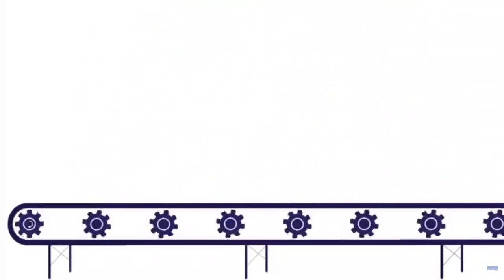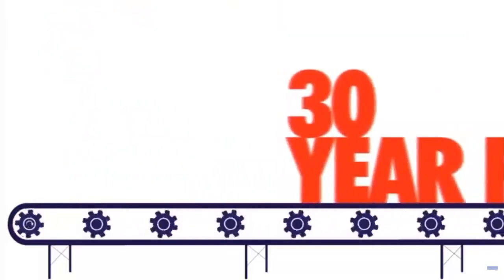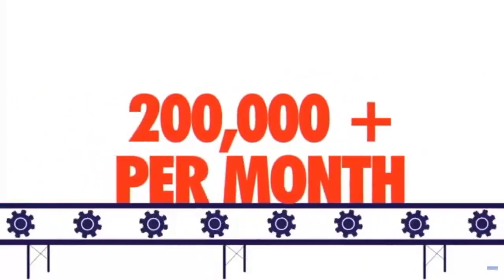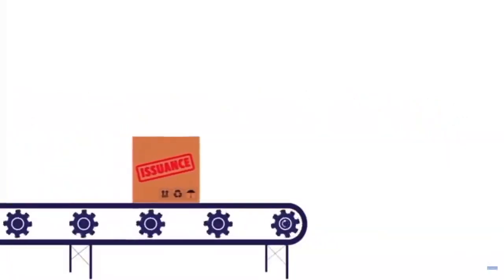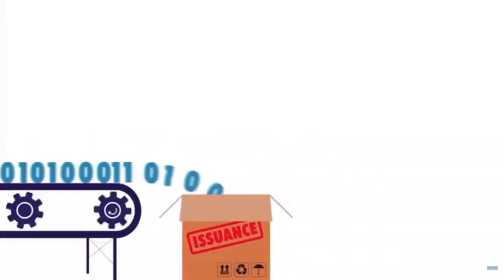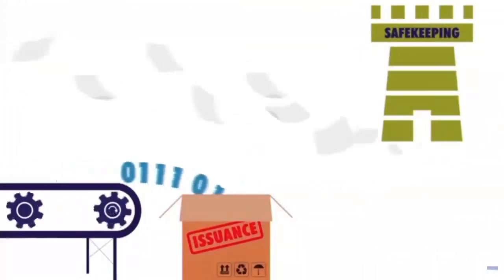Just like any manufacturing process, raw materials are combined to make something new. In this case, information is gathered by the lender to qualify the buyer of each loan and the information about the loan. All of that data could be considered the raw material. A lot of data. More than 200,000 loans go through Fannie Mae securitization systems every month. The first step of this process is called issuance. It starts right after the loan is delivered to Fannie Mae. Data are validated through a thorough automated process. The mortgage note and other documents are also delivered for review and safekeeping.